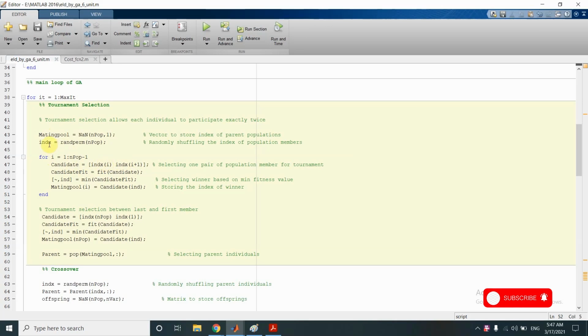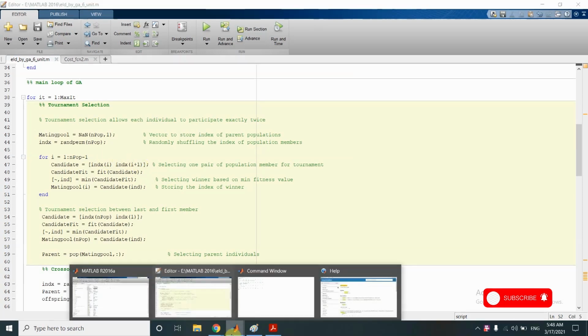And remember, this indx vector actually stores the randomly shuffled indices. So indx i would be the randomly shuffled index first, and indx i plus 1 would be the next randomly shuffled index.